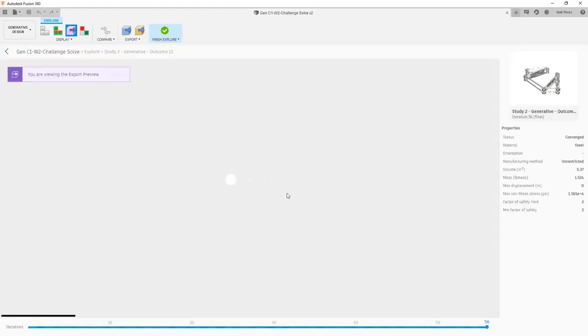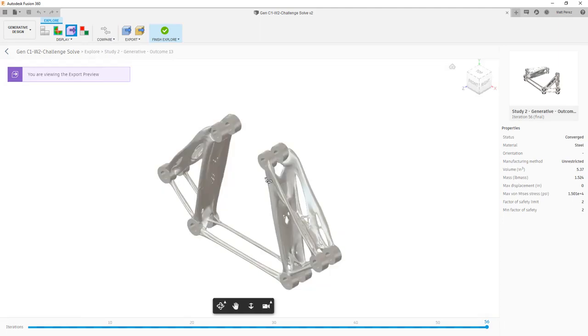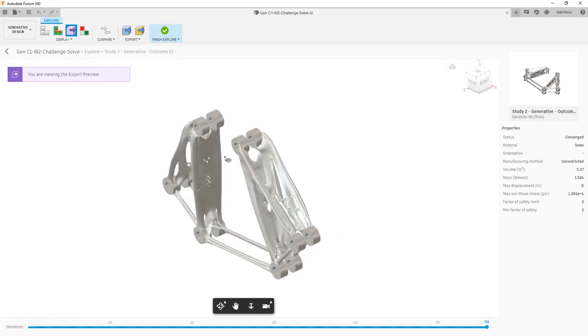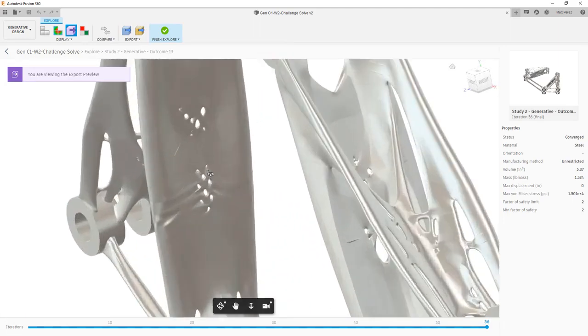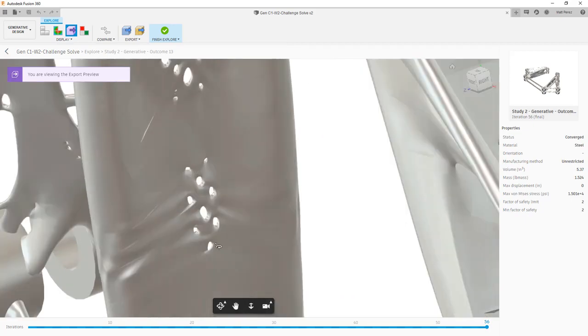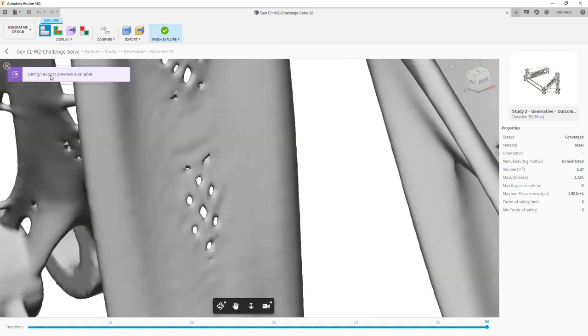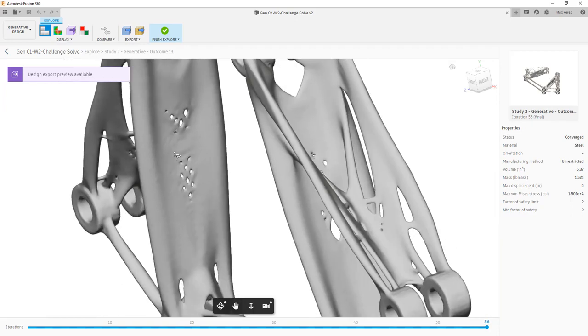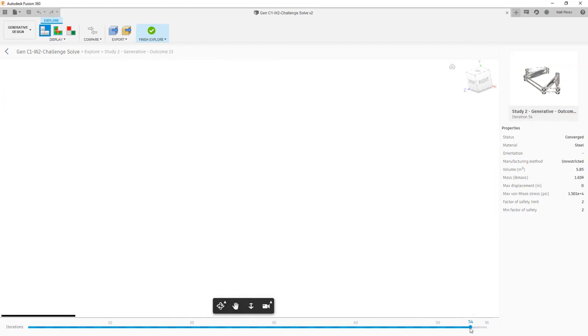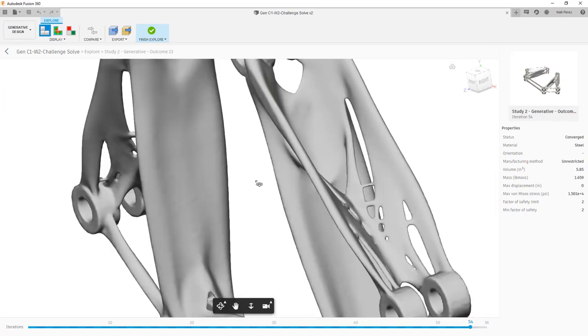If we take a look at the steel version of this, we can get a really good idea of the geometry. As we zoom in, we can see that there are some small holes in this design, and if we navigate back to a mesh view, we can see that this is going to be a potential problem when trying to manufacture this part. So we can always roll back the iterations, go back to a version that was smooth, and just double check our